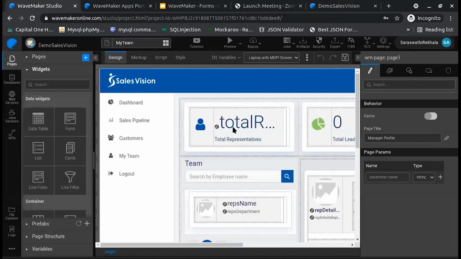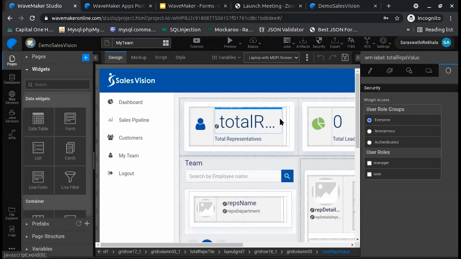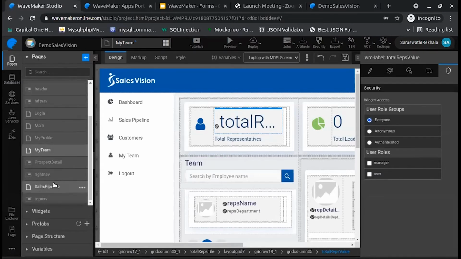You can also hide your widgets based on a particular role from this properties panel. If you want to hide this widget for a manager role and display it only for the user role, then you have to check this option. So this particular widget will be displayed only for the user role. This is not limited to widgets; every minute corner in a complex widget can have these access rules applied.